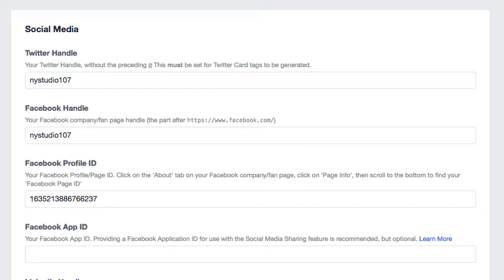media accounts. And that's a way, again, of telling Google, well, you're on this website, but this Facebook page is also the same thing as this website. And this Twitter page is also the same thing as this website, et cetera, for all of your social media pages. We go to the Site Creator tab,